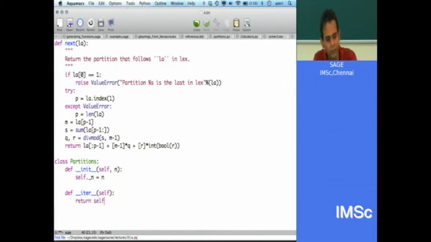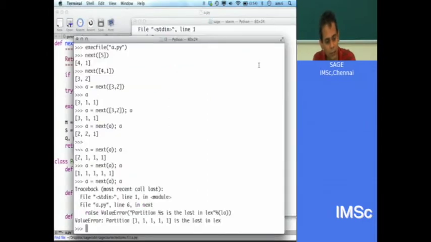But the key point is to define next. Okay, so now I need to keep track of where I am to tell me who's next, right? So let's see. So we can try.